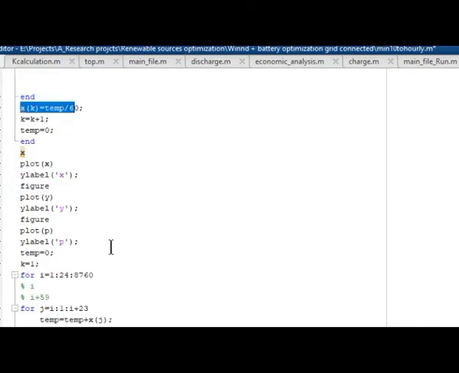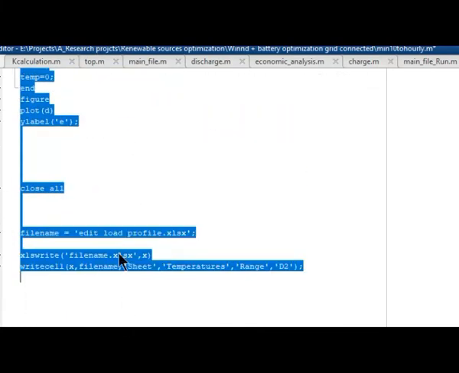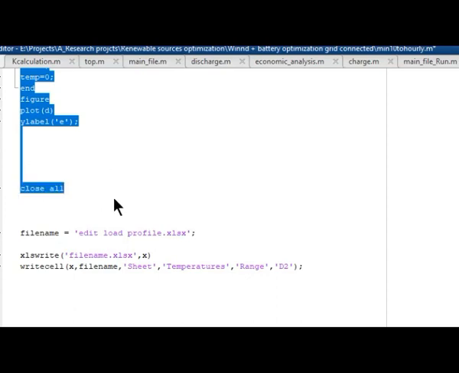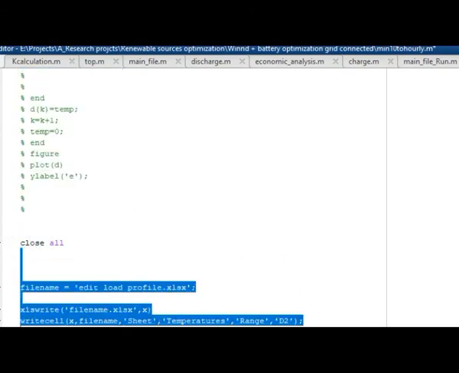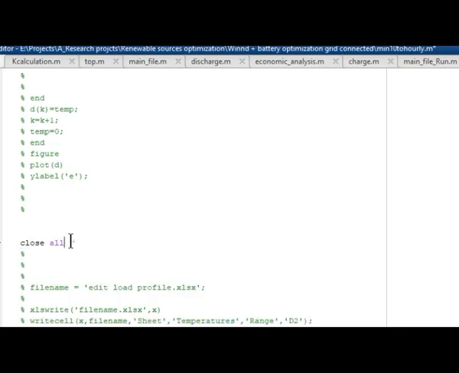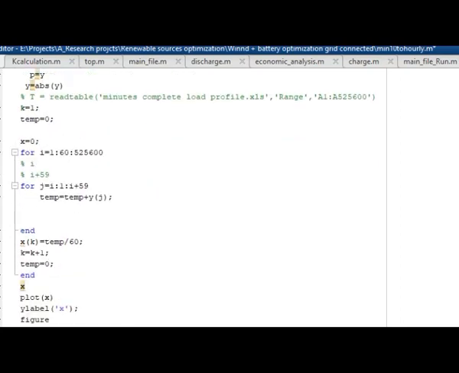After each one we are increasing k by 1, plotting that x, the hourly data, and then again plotting the y, which is the minute data. Let's first run it on this function.